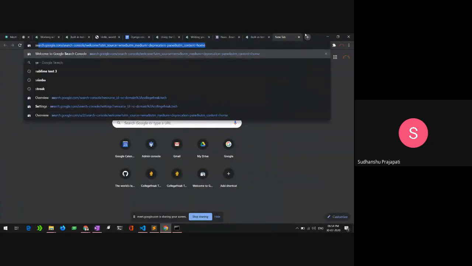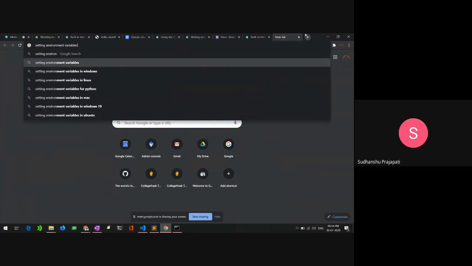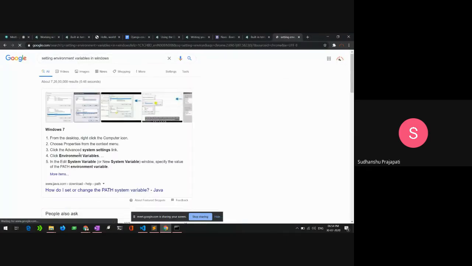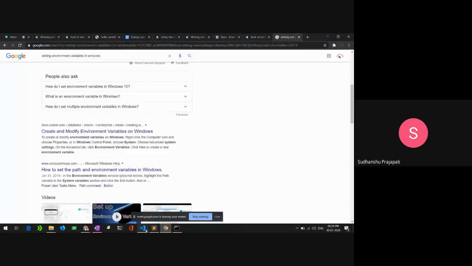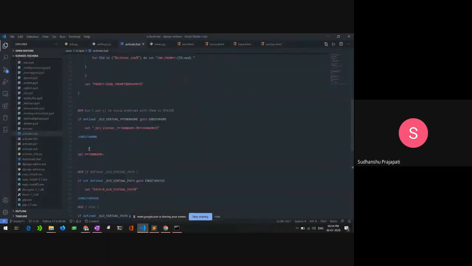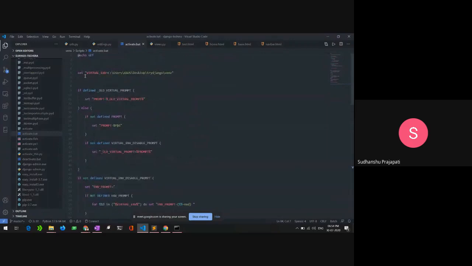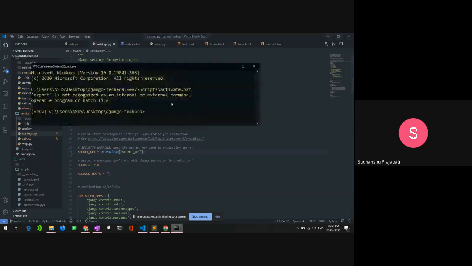Setting the environment variable, where it is export and we are using... okay. I can also use set here. After that I need to run the command again. Yeah, it's working just fine.